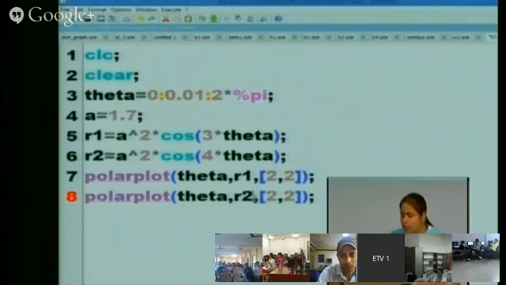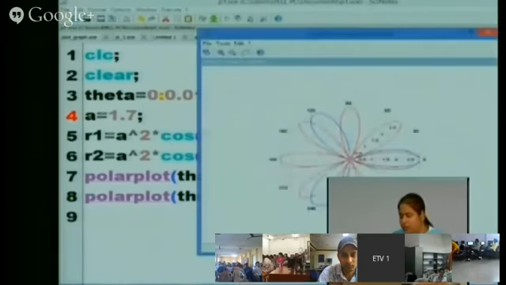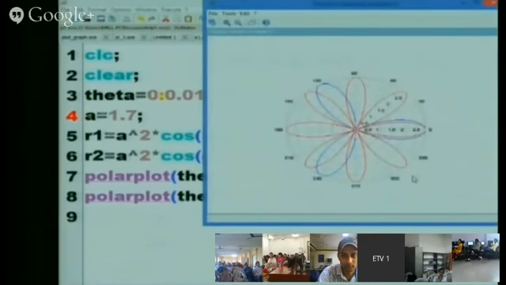In the same plot, I am writing R2, the different dimensions. See, right? This is theta R1 and R2 plotted in this polar. Yes. I think this is enough for today.